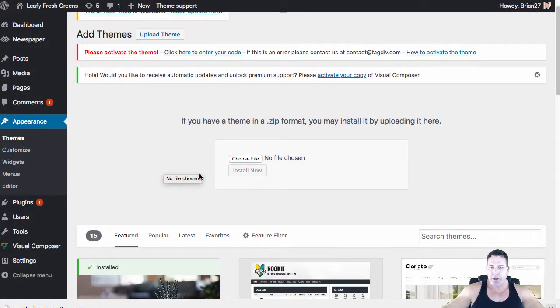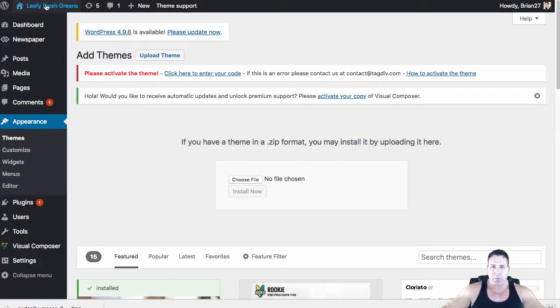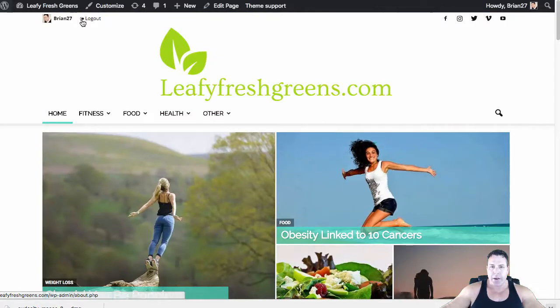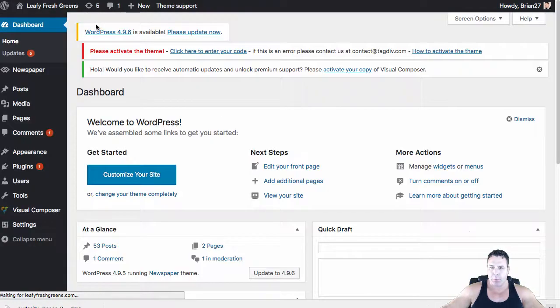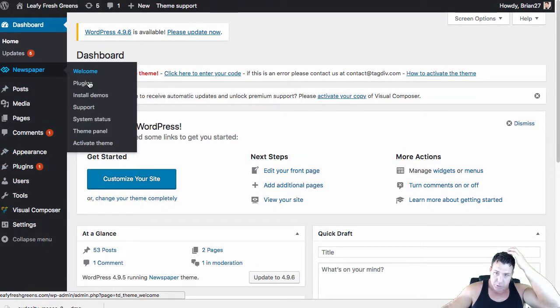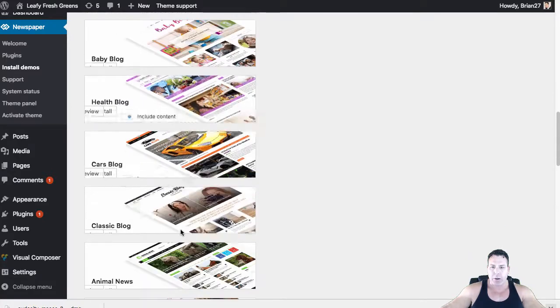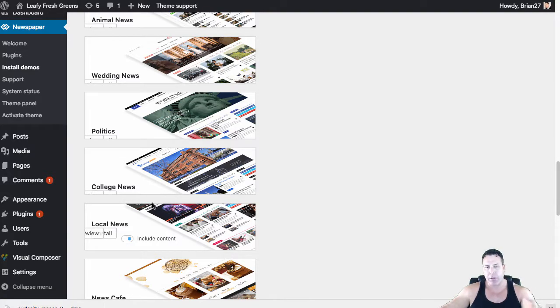And then once it's uploaded, you're going to have this newspaper theme, okay? And you're going to see when you click on this, visit site here, you're going to see that this is the theme, okay? Now, it's pretty cool when you upload this theme. You can actually go in and pick one. This newspaper theme allows you to basically have different versions, okay? And you can already pick one that's related to health and wellness, what